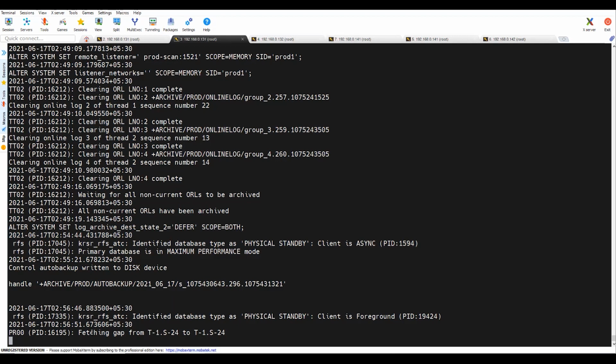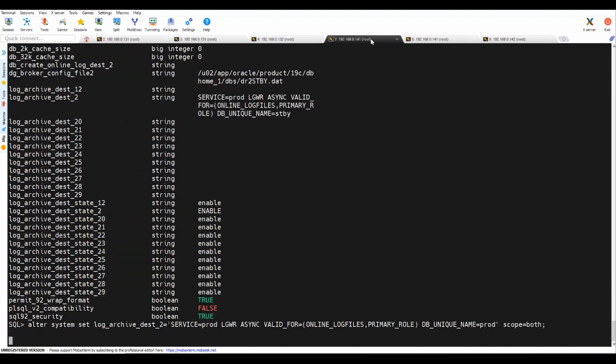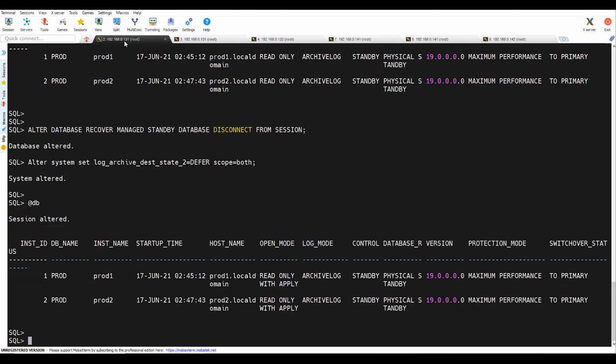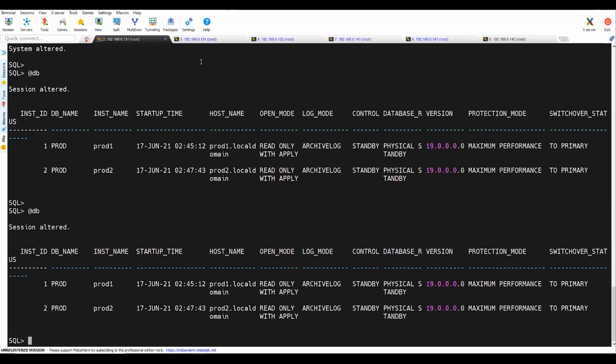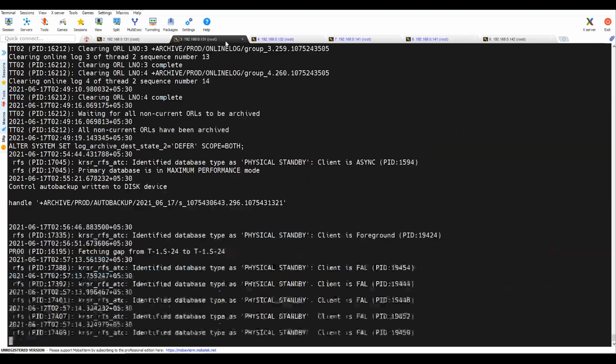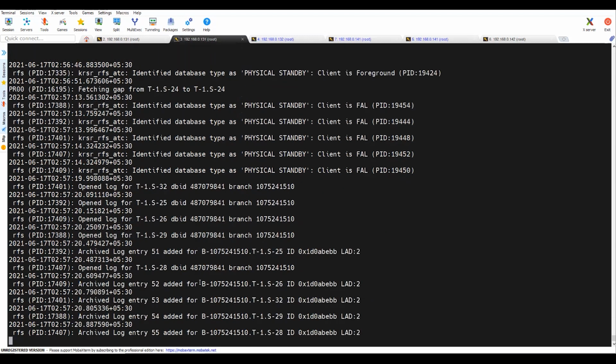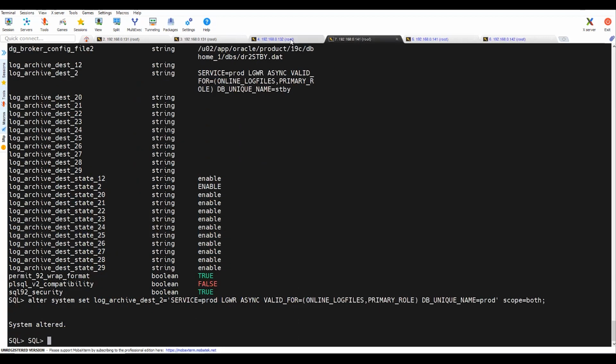So it is trying to fix the gap. Now you can see that it is able to fetch those archive logs, and it has started working with this parameter.